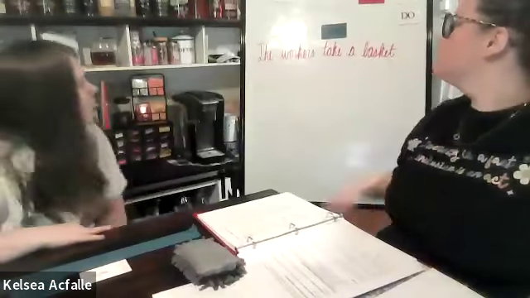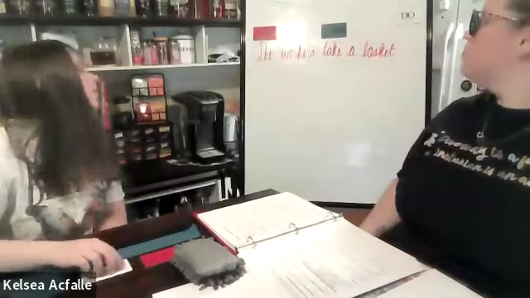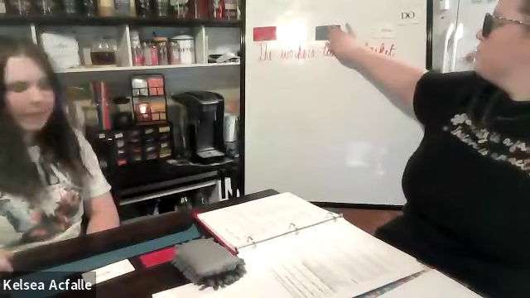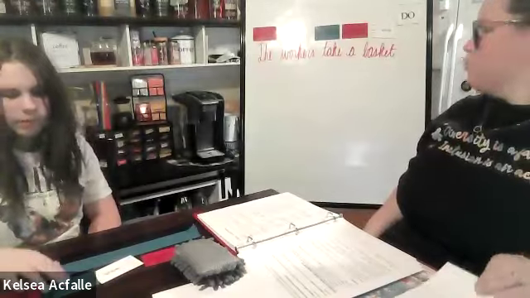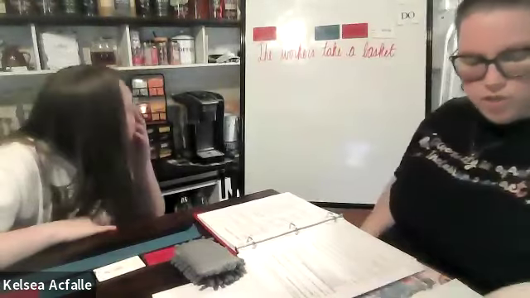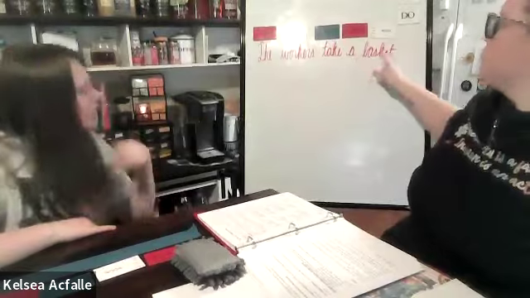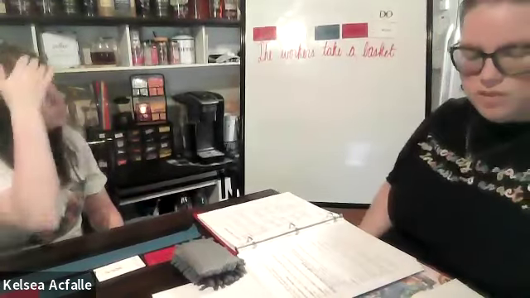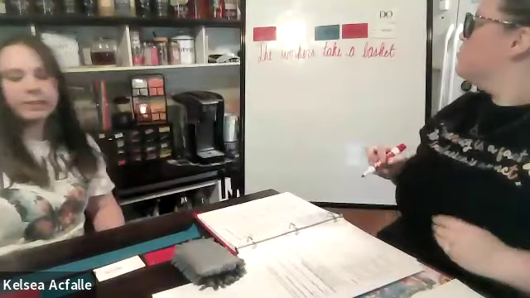Workers, which is our noun. What type of workers? The workers, which is our article. Good. Took what? Basket, which is our noun. What type of basket? A basket, which is our article. Good. Do we have a noun to receive the action of the action verb? Yes. What is it? Basket. So it's our direct object. Where do we divide the sentence? Right before the action verb.